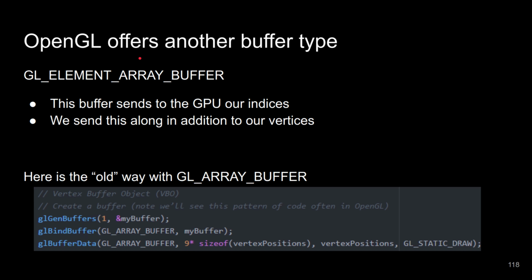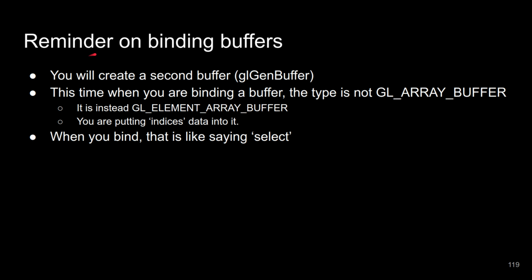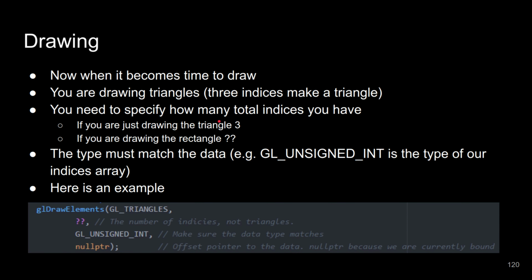Here's the old way with a GL array buffer. What you're going to do is generate a new buffer for these indices. Reminder on binding buffers: create a second buffer. You use glGenBuffers to do that. And this time we're not using array buffer, but this new type, GL element array buffer, that we're going to put indices into. So now when it becomes time to draw,